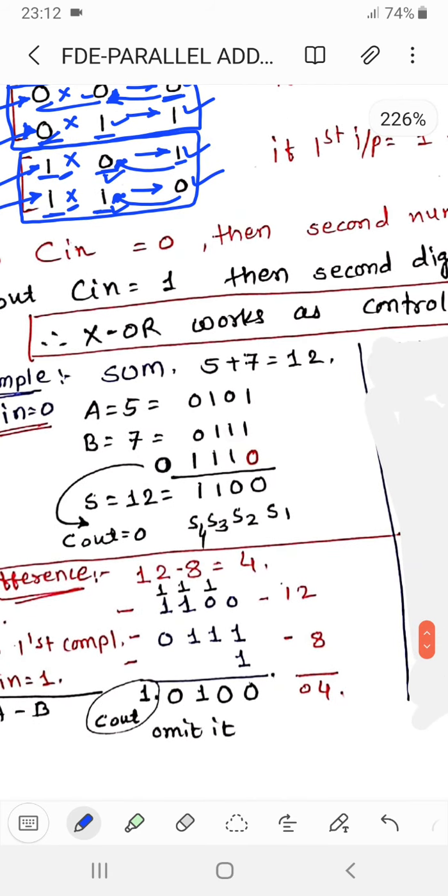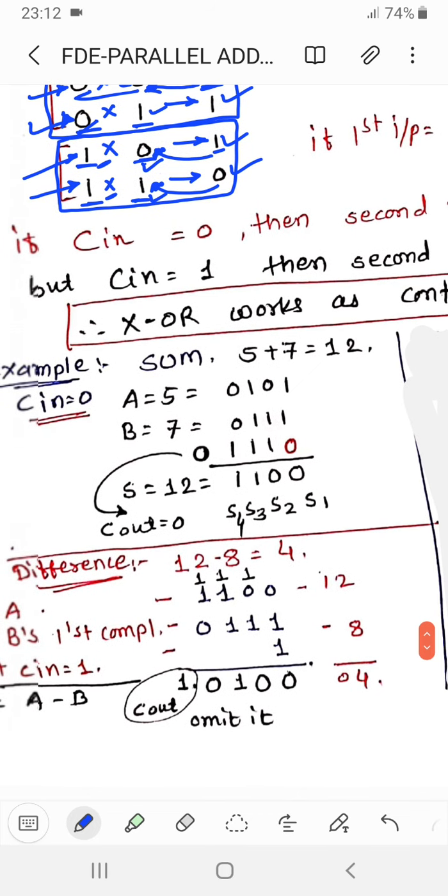Here, in one example, we use this parallel adder circuit as an adder only. In that case your Cin is 0. So if my Cin is 0 and I am adding a plus b, where a is 5 and b is 7, automatically we know that our sum is 12. So let me perform this operation